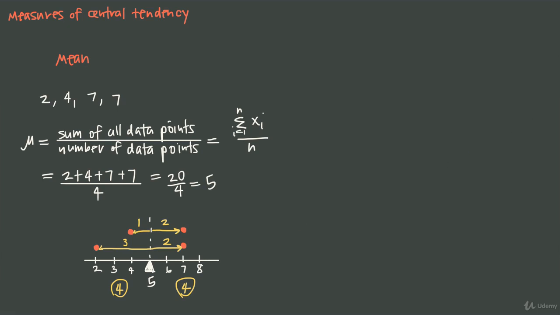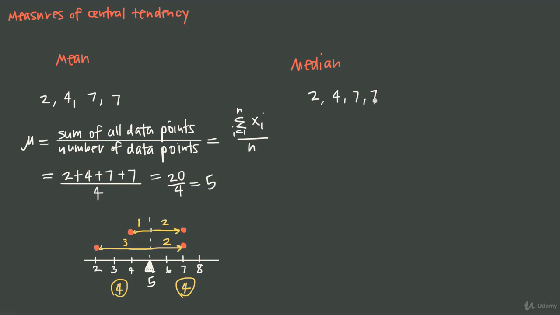The median of a data set, the median is another measure of central tendency. It's a different way to measure the center of a data set. We'll again use the set 2, 4, 7, 7. So let's just go ahead and write that over here, 2, 4, 7, 7. In order to find the median, we always want to follow the same process every time. We take all of the values in our data set and we line them up in a row from smallest